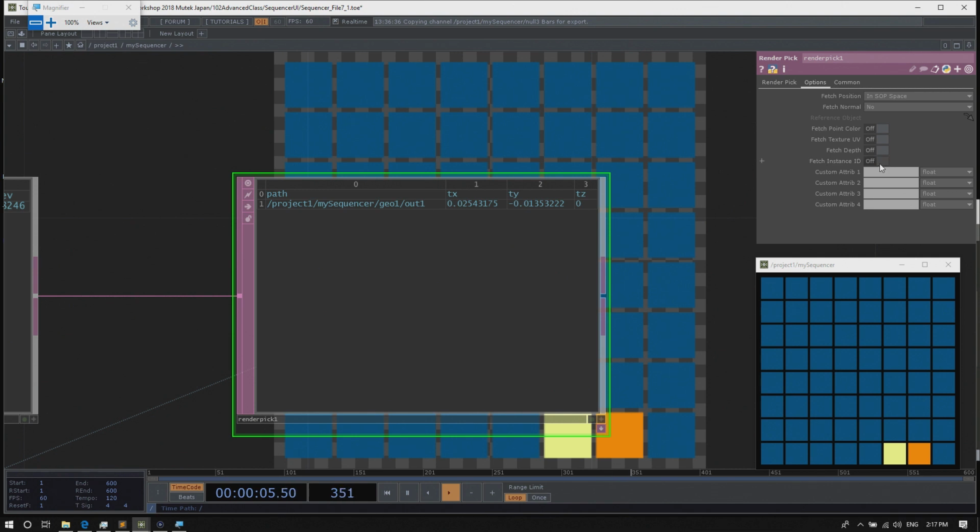What I also want to know is not just the path to the operator being picked, but also the instance ID, so I get the button ID. Therefore, on the render pick's options page, turn on fetch instance ID.